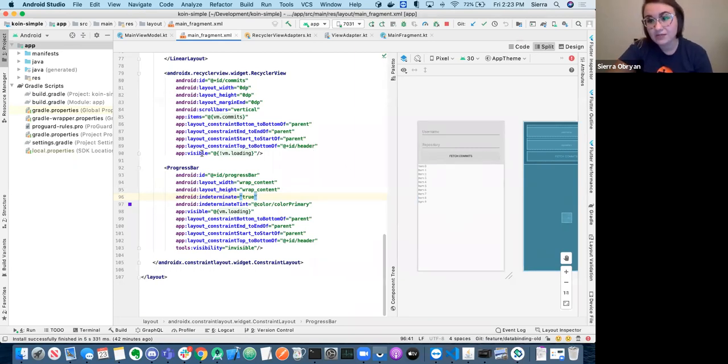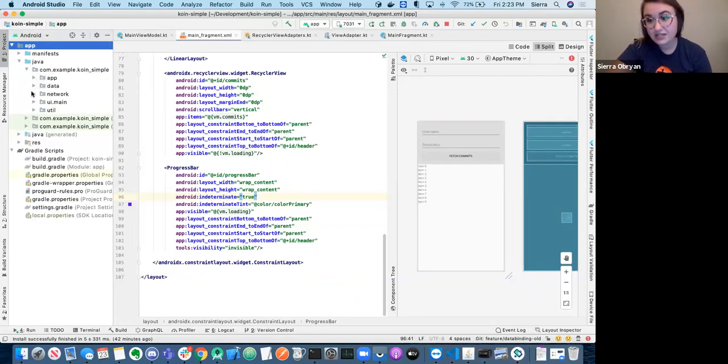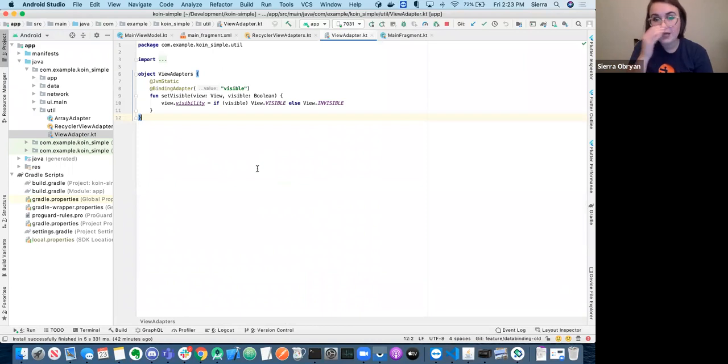So I have this @visible. Visible is not a function that comes out of the box with Android because there are actually three different states that it can be in. So I have defined a view adapter, which holds my custom view binding functions. So here I have set visible, and so this is what defines that app visible. First thing to notice is that we have this @BindingAdapter annotation, and that takes in the value visible. So that is what defines